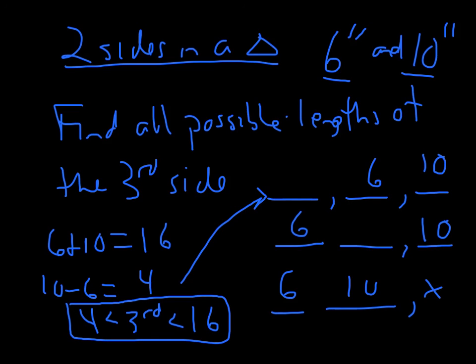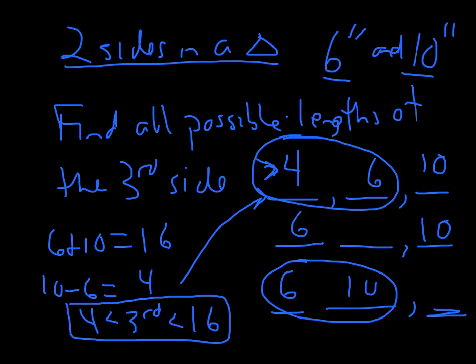Because if you notice on the first scenario, if the missing side was a small side, well, I need the sum of these two to be bigger than 10. So if it's 4, 4 plus 6 is 10, that's not going to work. So it has to be bigger than 4. And on the other end, get rid of this x. This one, 6 plus 10, has to be bigger than this third side if it's the longest side. 6 plus 10 is 16. 16 doesn't work, so this third side has to be less than 16. So practice that with the homework, and you should